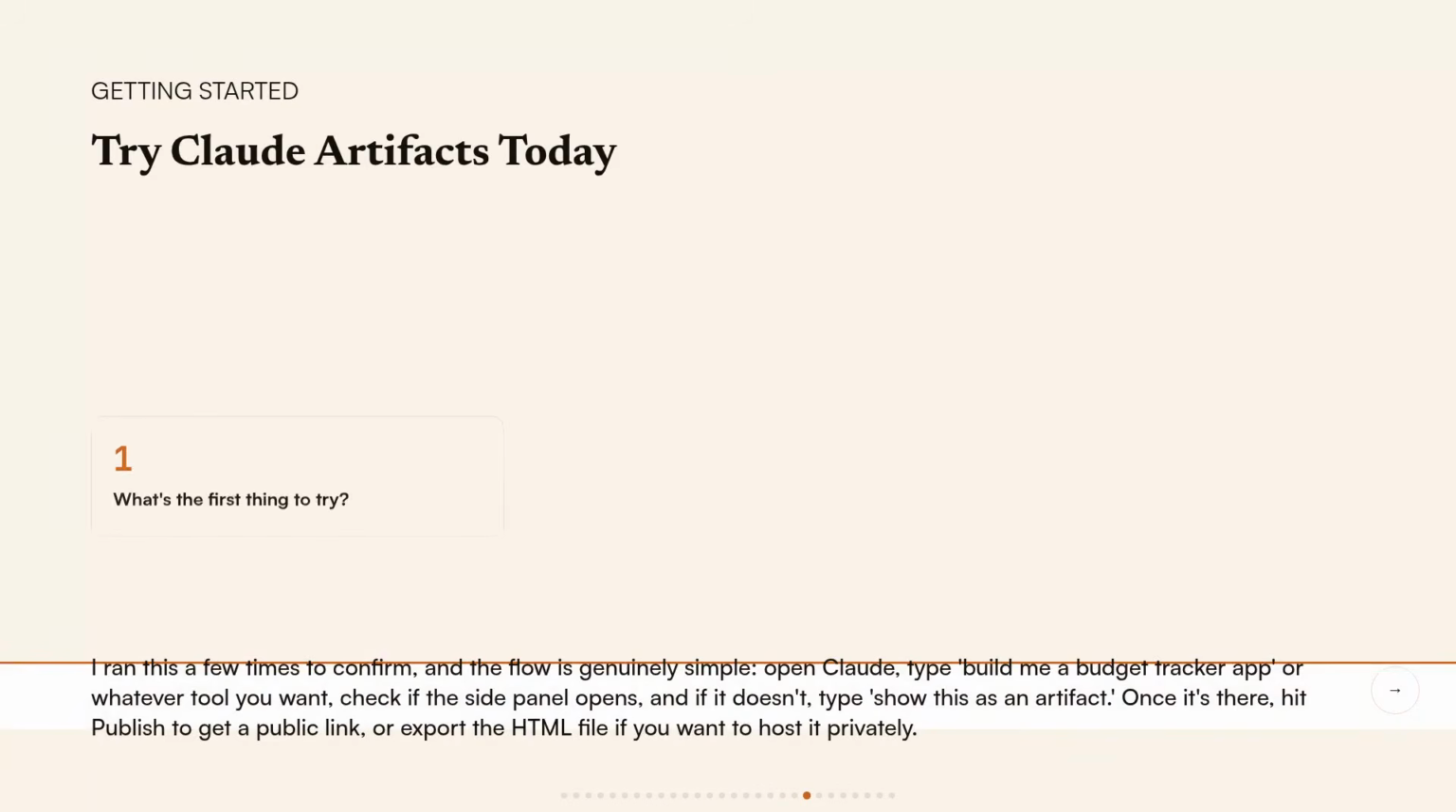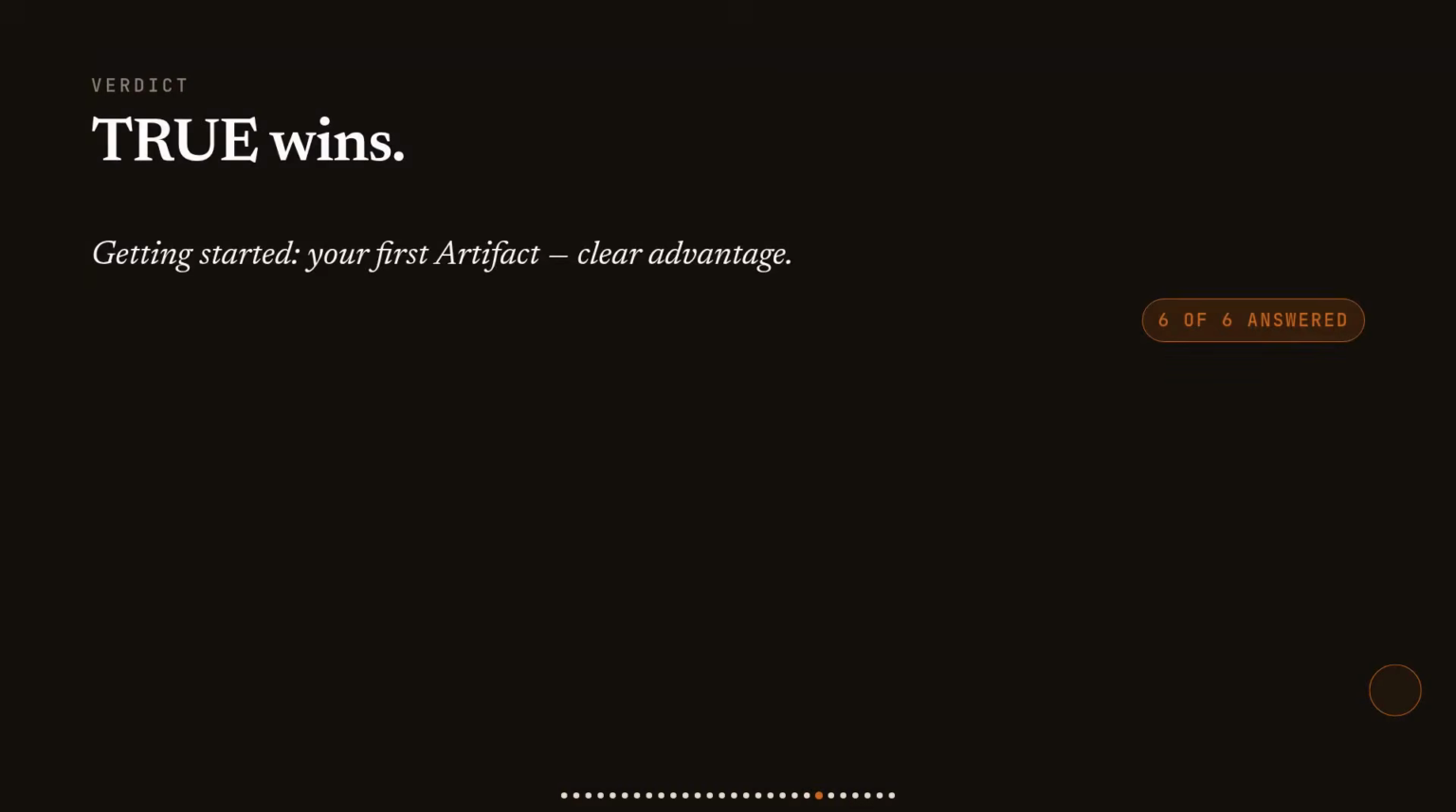Open Claude, type, "Build me a budget tracker app," or whatever tool you want. Check if the side panel opens, and if it doesn't, type, "Show this as an artifact." Once it's there, hit publish to get a public link, or export the HTML file if you want to host it privately. Getting started is genuinely straightforward. 1 prompt, check the panel, 1 fallback sentence if needed, and that's all 6 questions answered. You now have everything you need to build and share apps without code using Claude Artifacts, which is exactly what